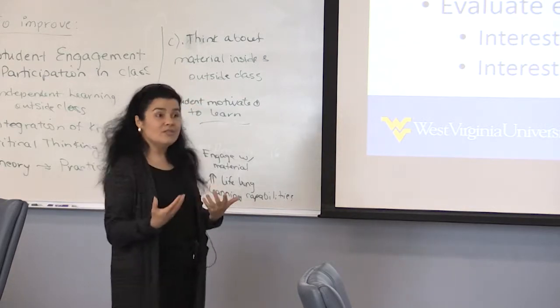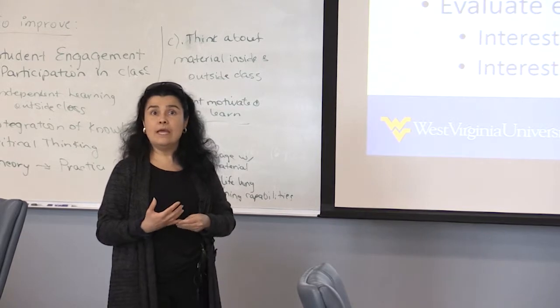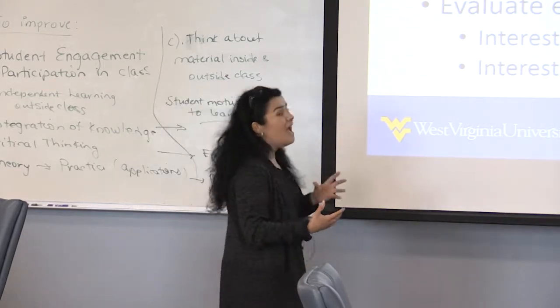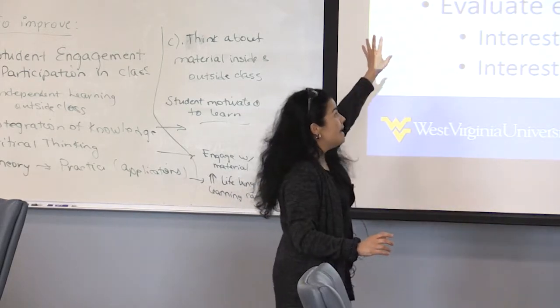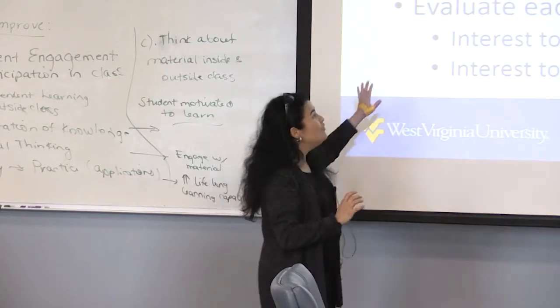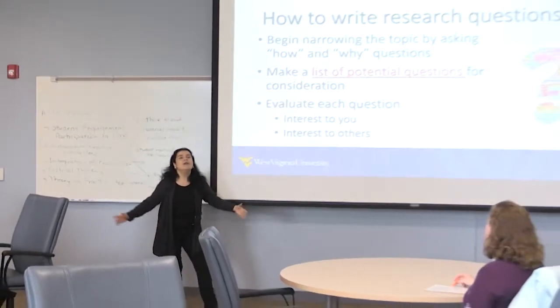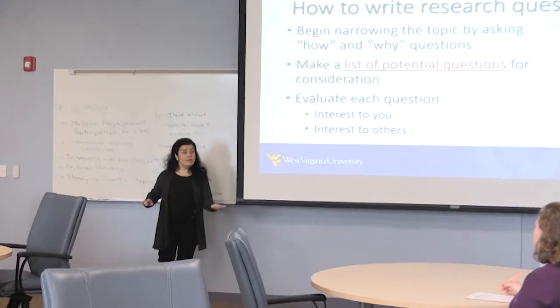So these are questions that we basically have to ask to figure out what is truly meaningful in general. Once we have asked a lot of what, how, why, we can make our list of potential questions. And you have to be really careful. We can come up with 10. I can tell you 20 questions that are all associated with critical thinking. Some of them are important.